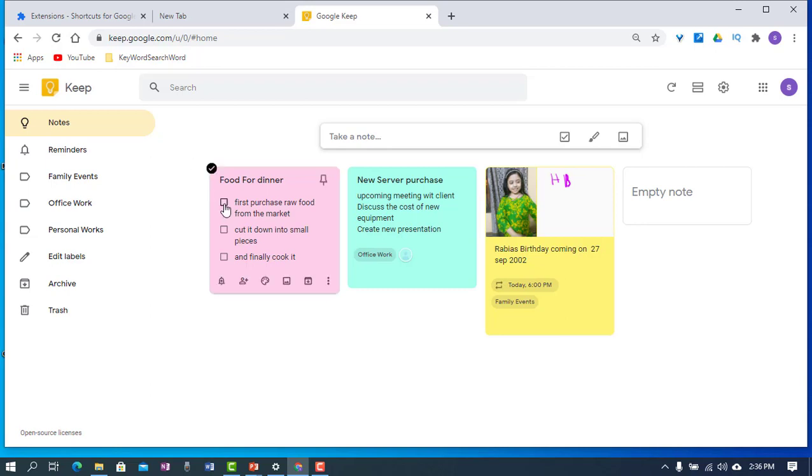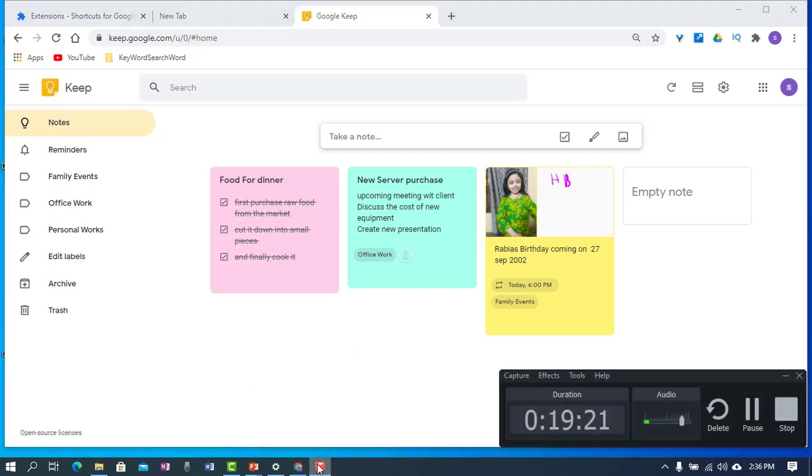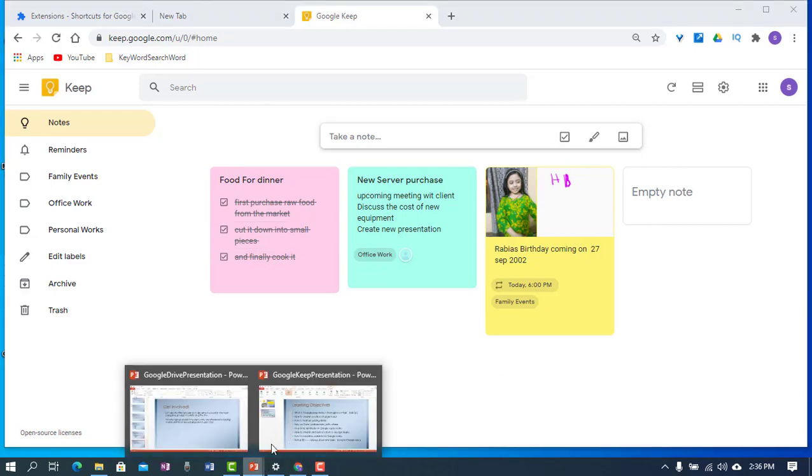Okay, for checklist, when we follow the steps and we completed the steps, we just need to click on each step. For example, I click on this. As soon as I click, you can see it put a line on it that it's completed. Now the same way, if I click on this and click on this, now it means that I completed all my desired tasks. So in this way we can also mark my task as completed. So as you can see, you can easily use this application in your daily life.